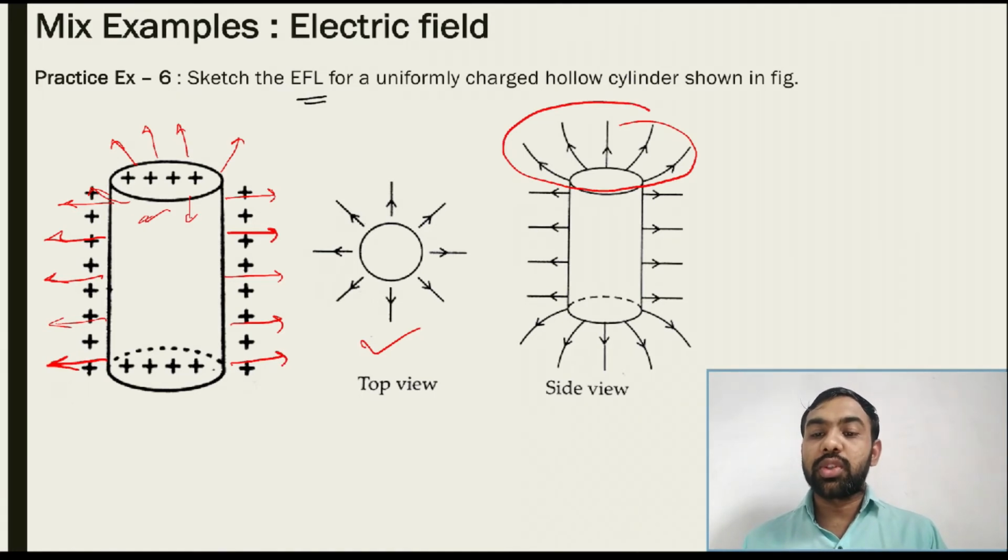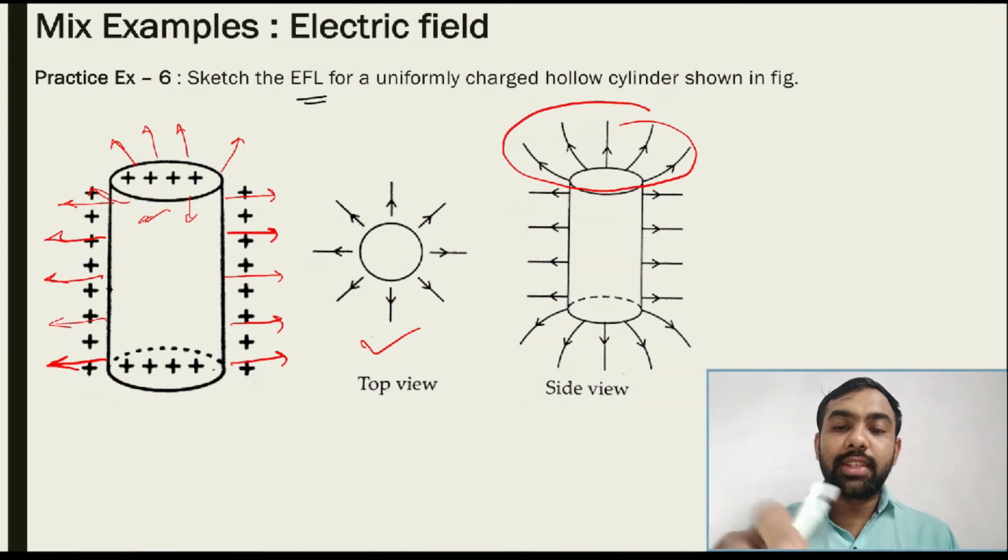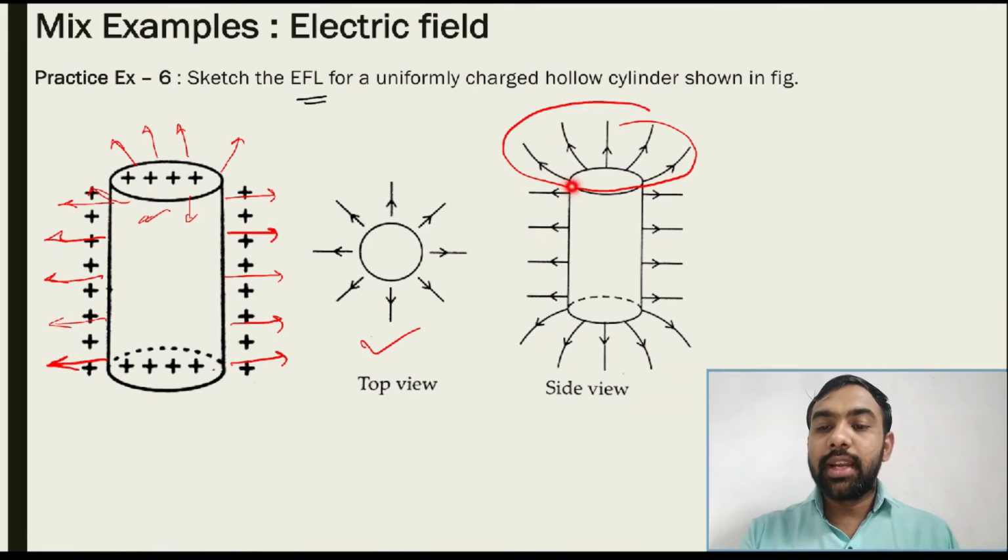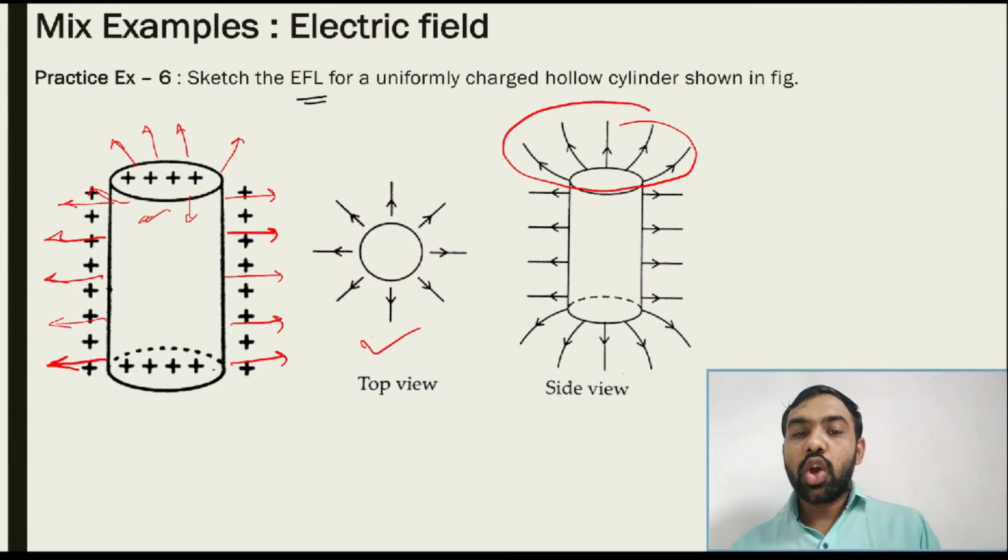Very simple, you just draw the perpendicular lines. You just draw the perpendicular line to the surface. Perpendicular line to the surface. Okay, here the electric field lines are bent. See, but at the surface it is perpendicular, and you just see the top view. You just see the top view, getting the answer. Okay, all of you guys note this.